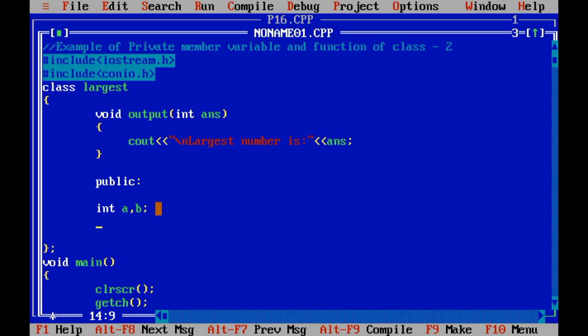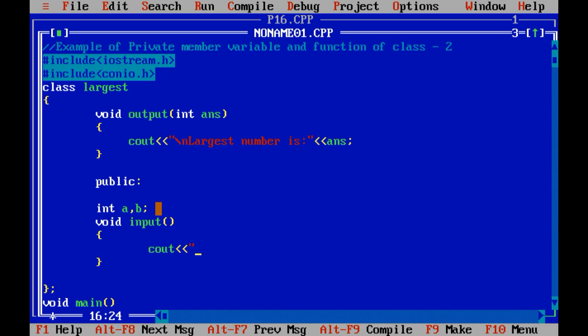So now integer a and b, void input. Two values I need to input, as I want to find the maximum out of two values. Enter value for a, cin a, cout enter value for b, cin b.